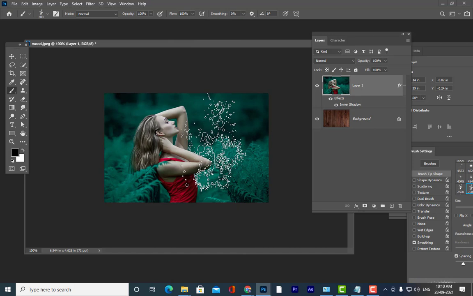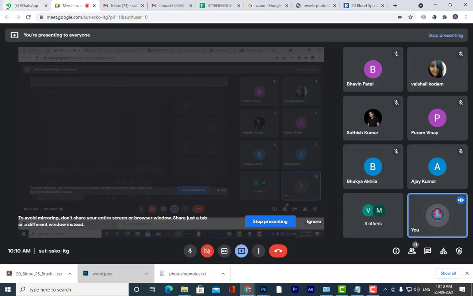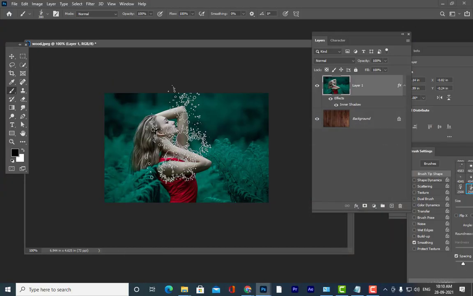Can anybody tell how to rotate the brush? Nobody can tell? Shift plus right arrow, or left arrow. So we can rotate the brush.